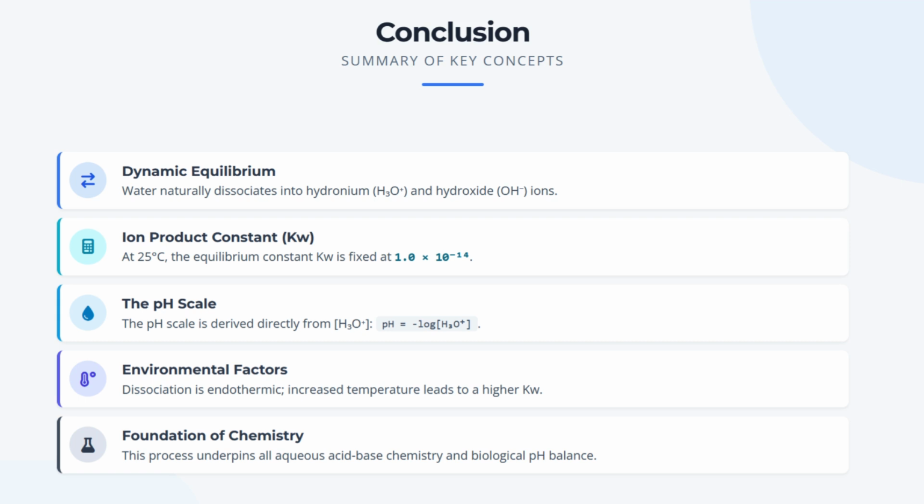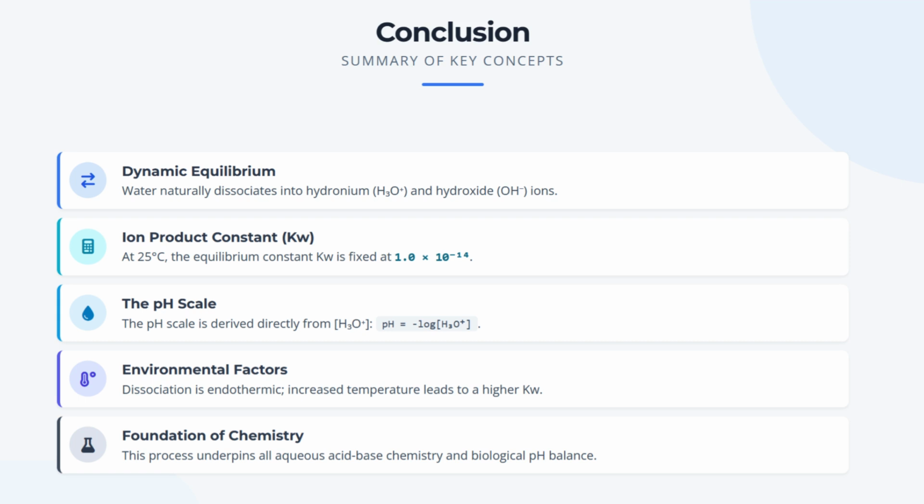In conclusion, here is a summary of key concepts. Dynamic equilibrium. Water naturally dissociates into hydronium and hydroxide ions in a reversible process. Ion product constant, K_W. At 25 degrees Celsius, this equilibrium constant is fixed at 1.0 times 10 to the negative 14. The pH scale. This scale is derived directly from the hydronium ion concentration with pH equals negative log of